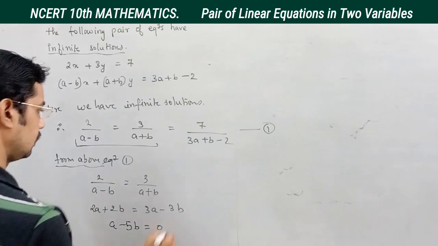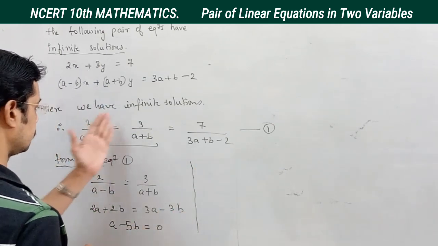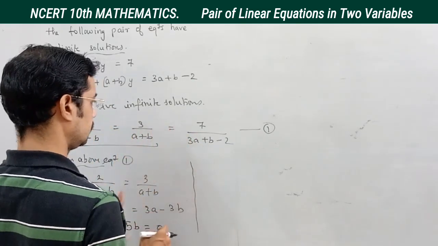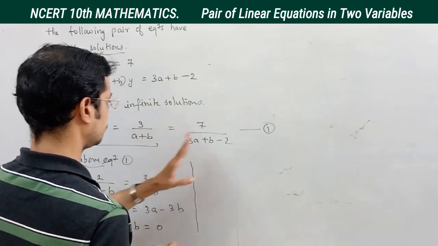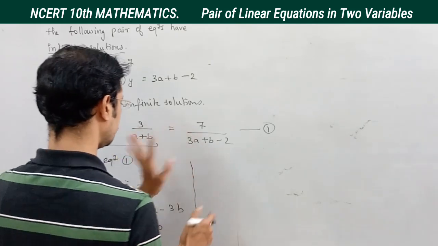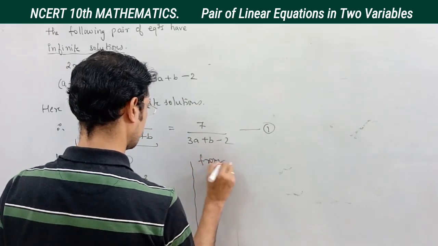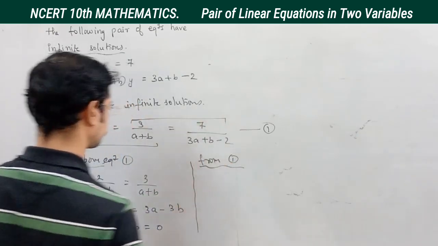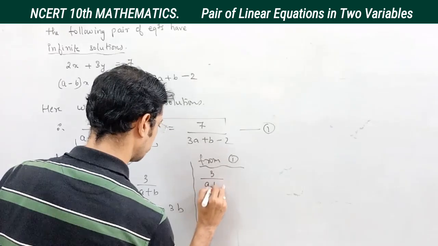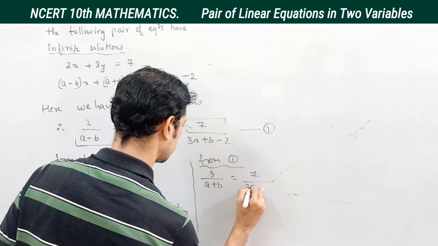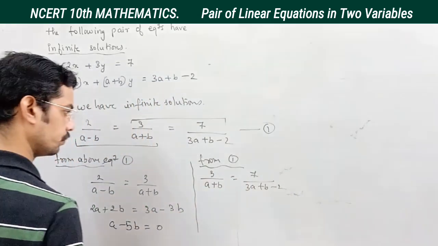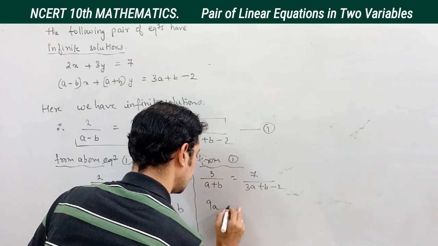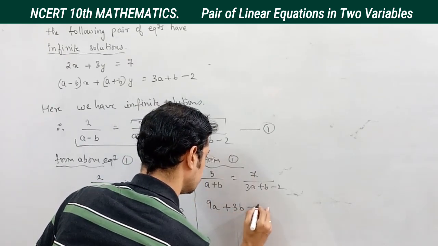Okay, then what we have is the next set. The next set can be taken as the first one with the last one, or the second one with the last one. Second one with the last one would be much better. So again from 1 I will consider these two sets, that is 3 by a plus b equal to 7 by 3a plus b minus 2. Okay, so what happens is 3 3 is a 9a, 3 3 is a 9a plus 3b minus 6